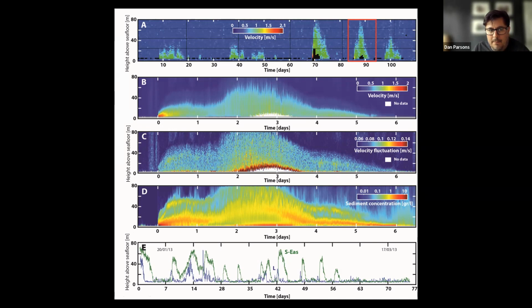Normally, what happens in laboratory turbidity currents is that the body of the flow feeds the head of the current. So the body is always pushing the head along, and the head of the current is punching into the ambient fluid, overcoming the roughness of the seafloor, and the body is constantly pushing the head along and moving it. And that's the model from